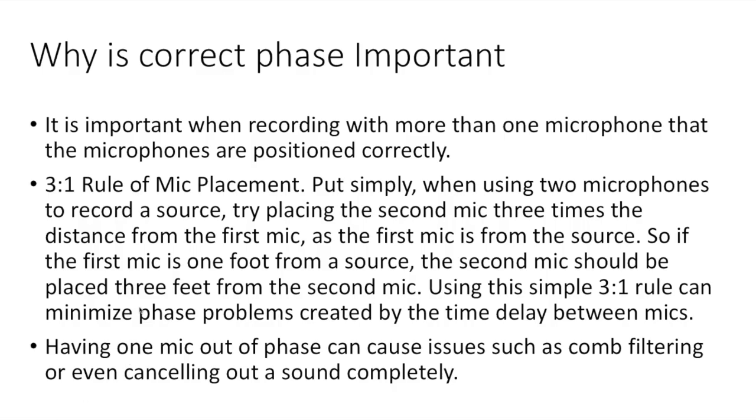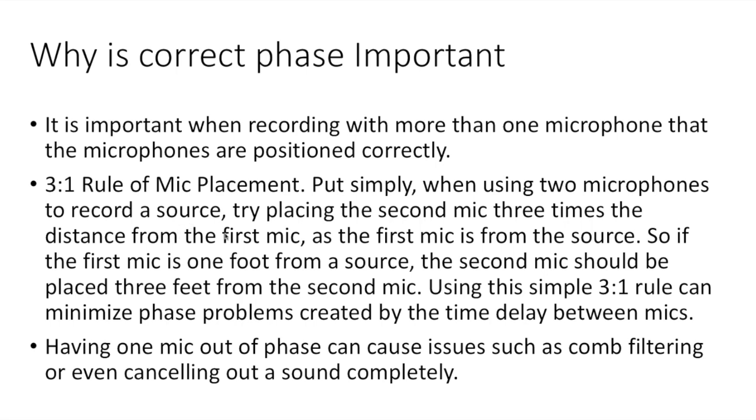So why is correct phase important? It is important when recording with more than one microphone that the microphones are positioned correctly. The 3-to-1 rule of mic placement is, put simply, when using two microphones to record a source, try to place the second mic 3 times the distance from the first mic